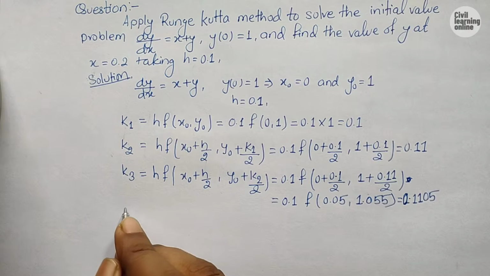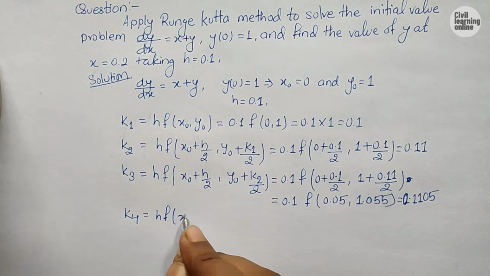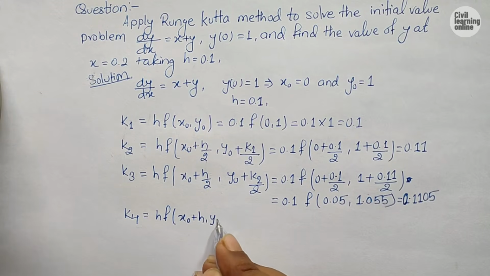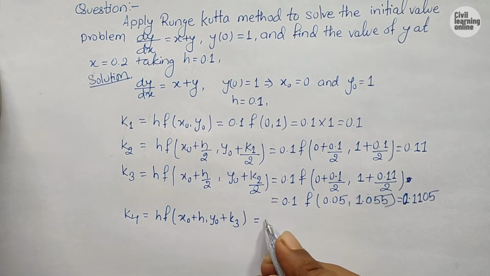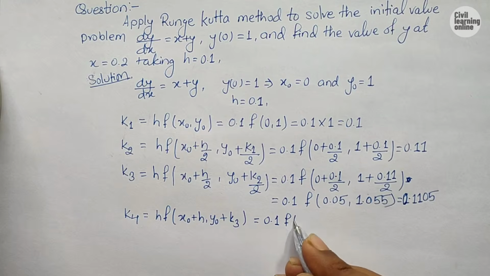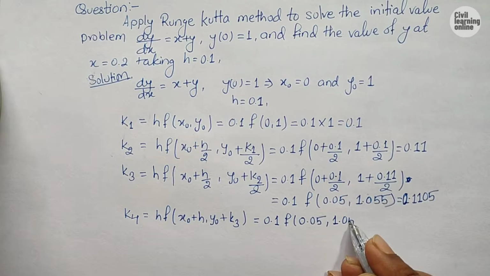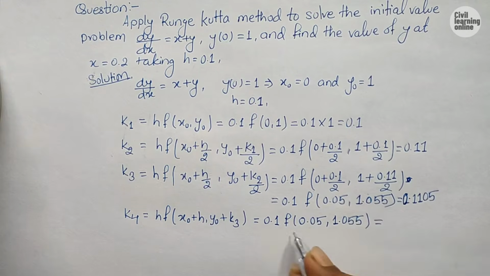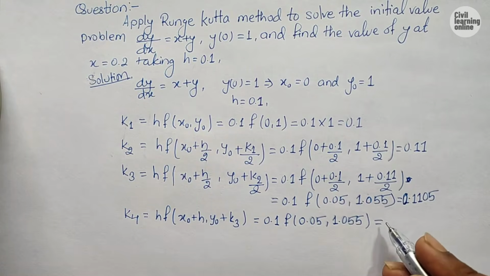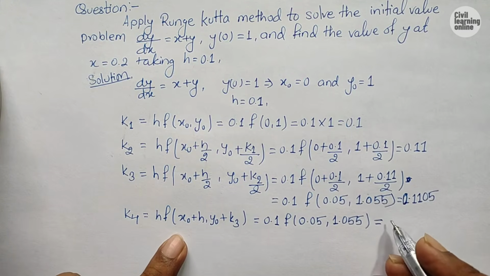Now time to calculate the value of k4. So k4 is equal to h f(x0 + h, y0 + k3). Then it is going to be 0.1 f(0.05, 1.055). So I have already calculated it. So on solving this we will get k4 equals to